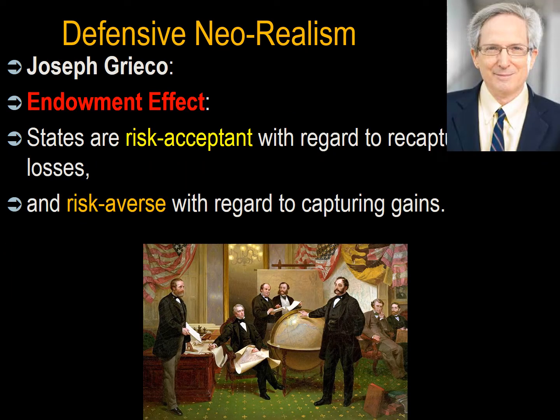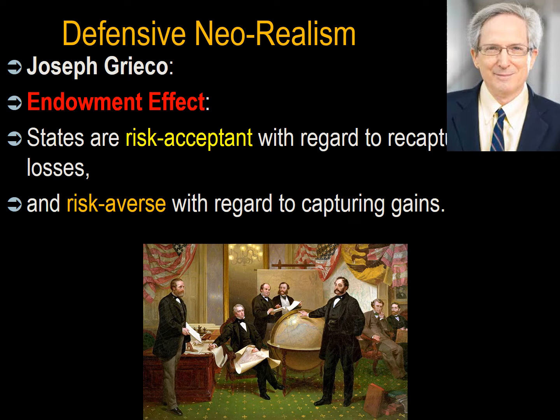Joseph Greco, who has applied defensive neorealism to non-security negotiations. In effect, he's shown how power matters even when you're not looking directly at security. One of his contributions is the Endowment Effect, the idea that whether or not a country thinks it owns something affects its level of aggressiveness or desperation. This we term their level of risk acceptance. They can be risk averse, which means they're afraid, or risk acceptant, which means they're aggressive with regard to getting